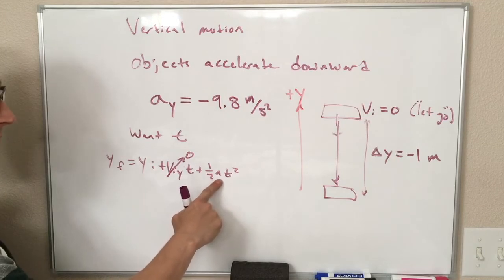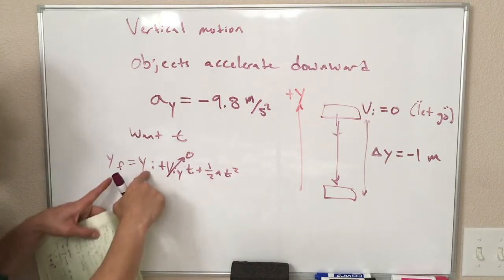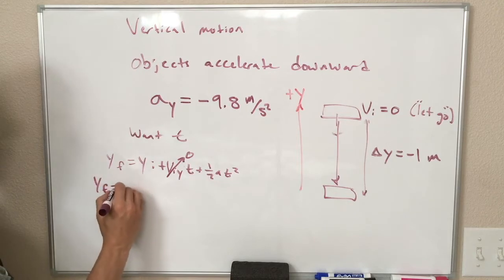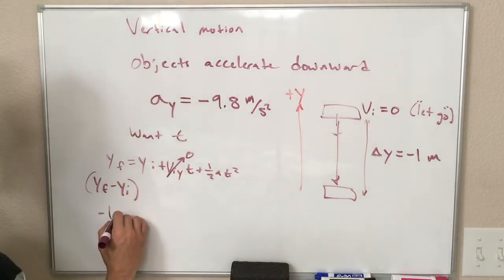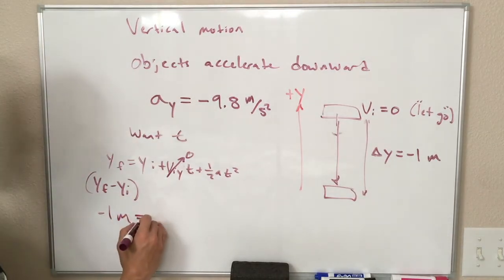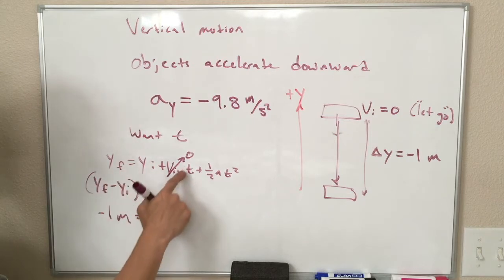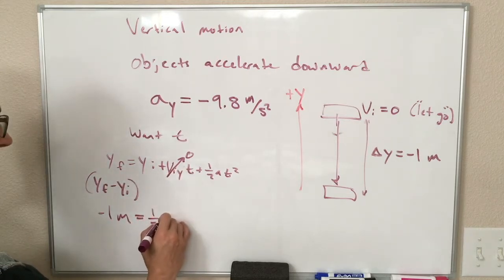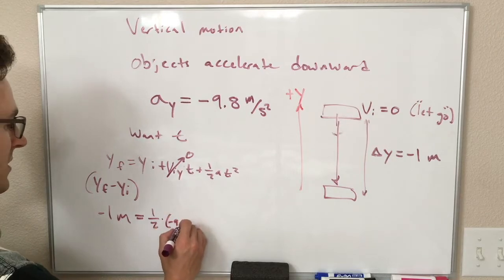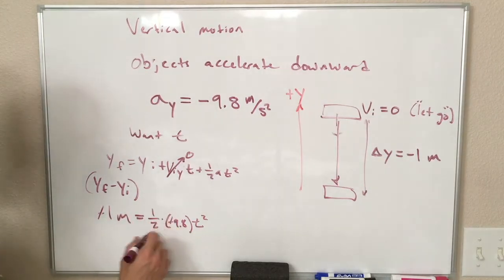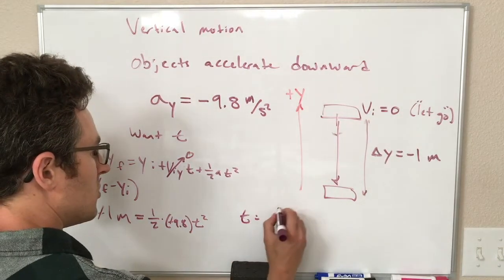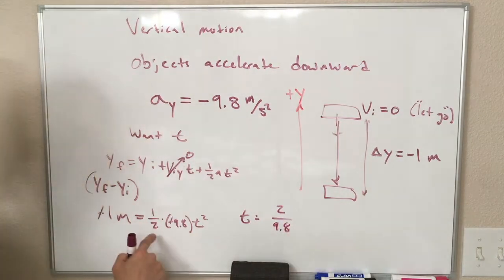We know our acceleration is minus 9.8, and if we move the y initial to the other side, y final minus y initial, that is our displacement, right? So this is minus 1 meter. So I have minus 1 equals, this is 0, so I have 1/2 times minus 9.8 times t squared. So now we just have to solve for t. Our minus signs cancel, and we have 2 divided by 9.8. So multiply both sides by 2, divide both sides by 9.8, and the t is squared, so